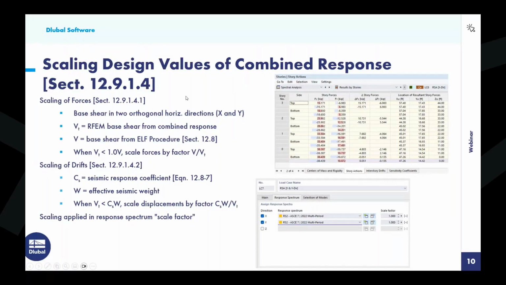The code tells us that we do need to consider the base shear in two orthogonal horizontal directions, X and Y, and that's certainly what we did today. And from the program, we need to get the base shear from this response spectrum analysis from the combined response. I will show you in just a minute how we can utilize the building model to get this information